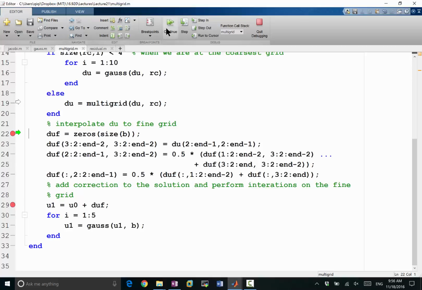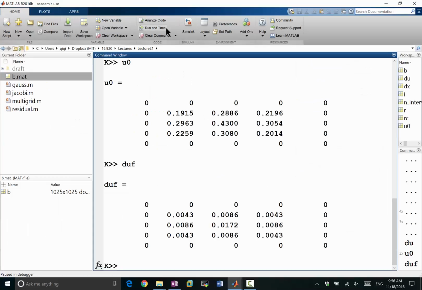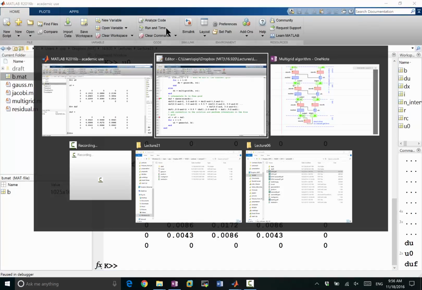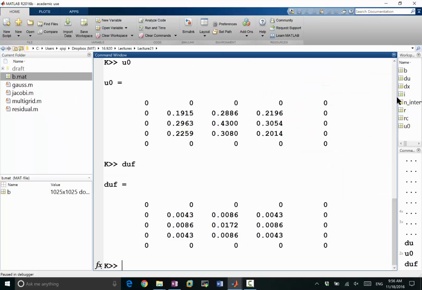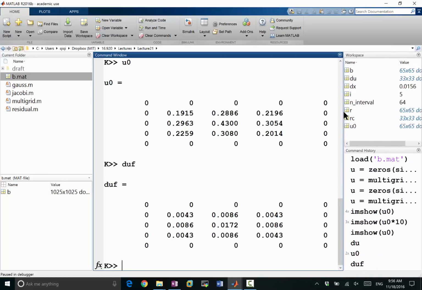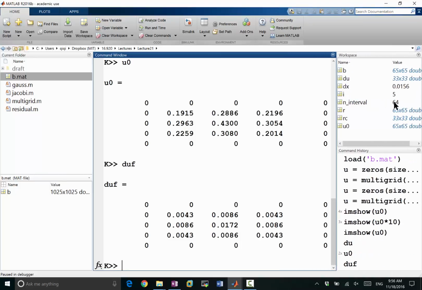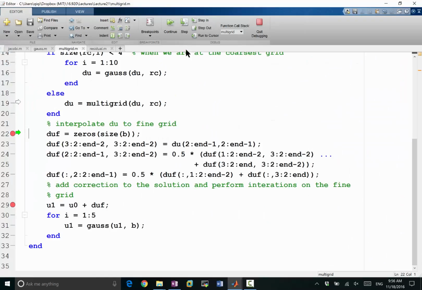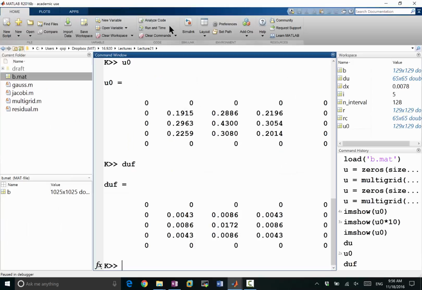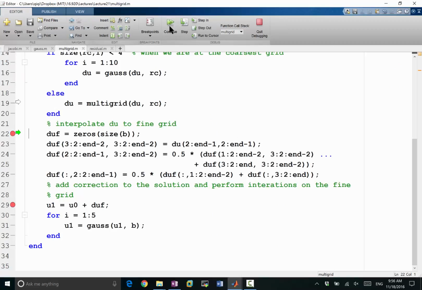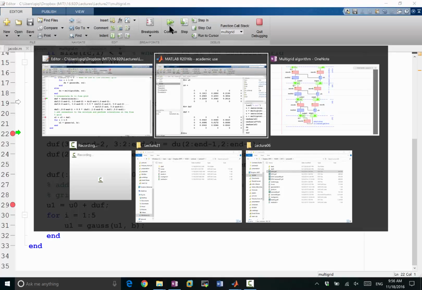So let me go back a few times to see how the image is going to change. So now we are at an interval equal to 16. Let's go back to a more final grid. Okay, 128. Okay, so let's stop over here and look at what's the effect of the correction on the final